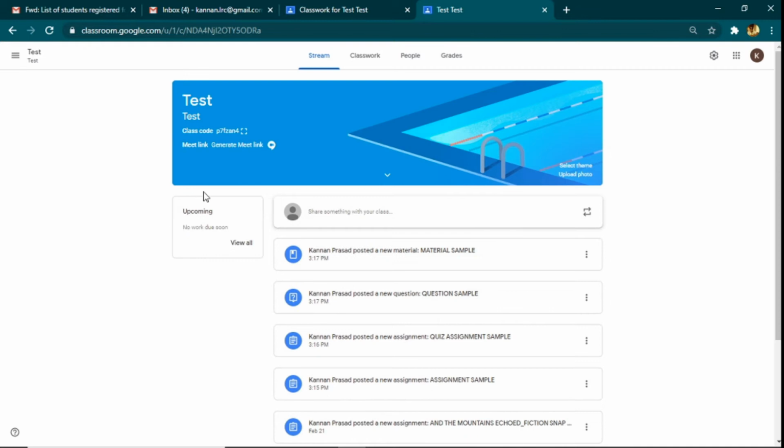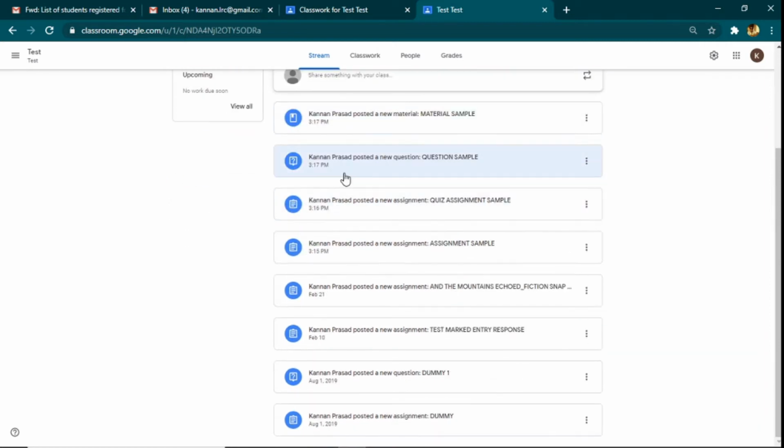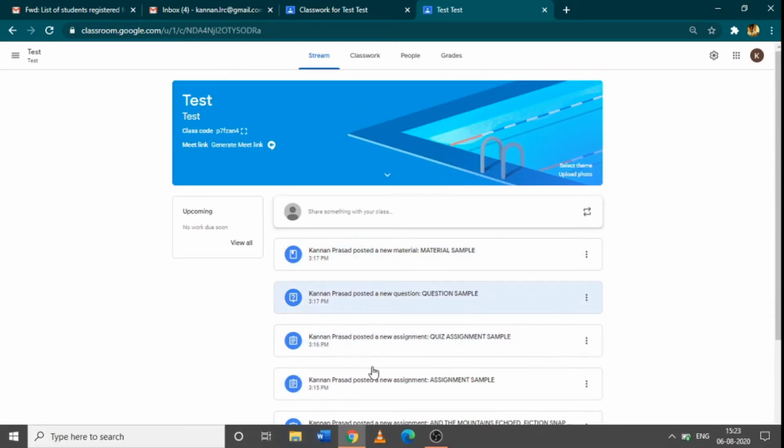And then you have your due box also here, if any of your assignments has a due date, a deadline. Most of our coursework will have a deadline. You don't have to enter into every single assignment and look at the deadline. I'd be giving you a maximum of 2 days deadline for each assignment I give you, and you would be notified here. You could try and submit it before the 2 days' time. So this is the chronological order of the posts that have been made here.